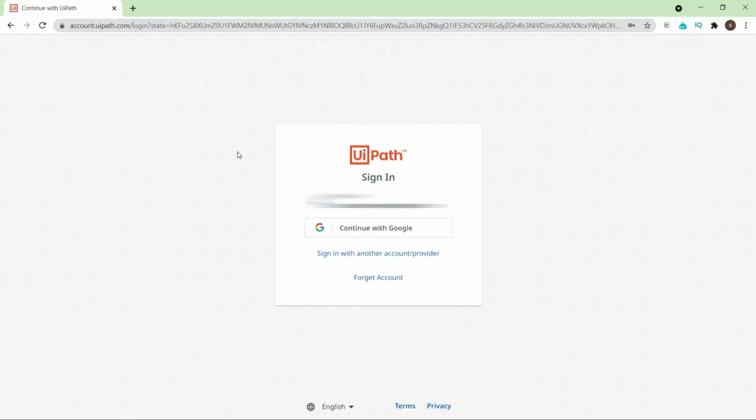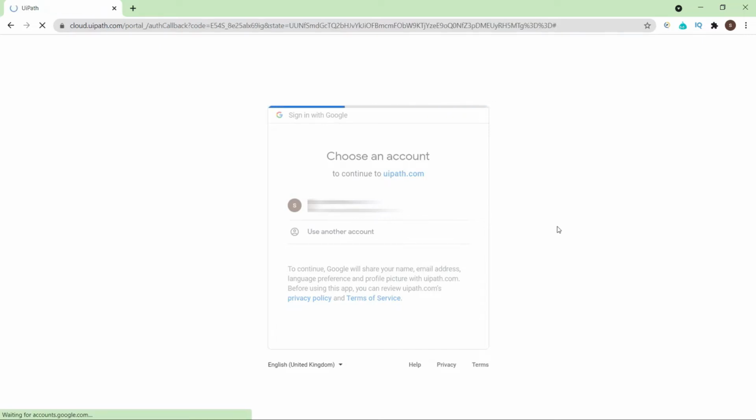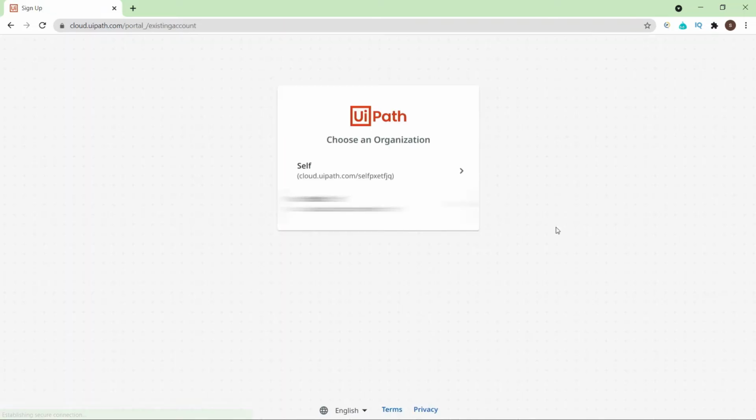Once you access this link, you will have to log in with your user ID. You can use your Google account to log into this platform. When you log in for the first time, you will have to register. I have already registered here, so I don't have to register now. I can directly access this platform. So I'll click on my Gmail account and it shows me the available platforms. So I'll select this one, the platform which was created for me.